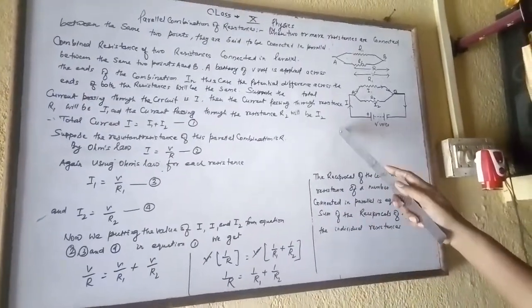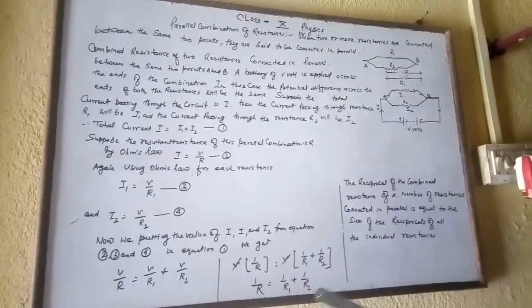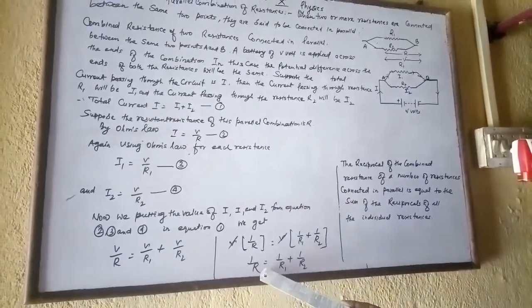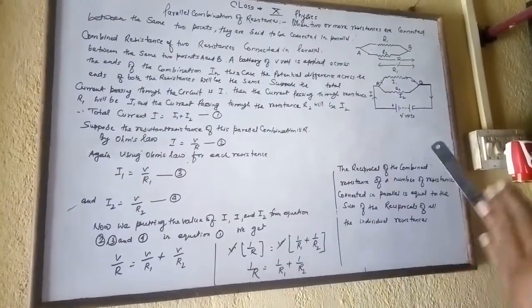यहाँ हम दो रेसिस्टेंसेस के बारे में कंसीडर कर रहे हैं। यदि दो से अधिक रेसिस्टेंस होंगे तो उसी तरह से बढ़ते जाएँगे, जैसे 1/R = 1/R1 + 1/R2 + 1/R3, इस तरह से क्रम से बढ़ते जाएगा।